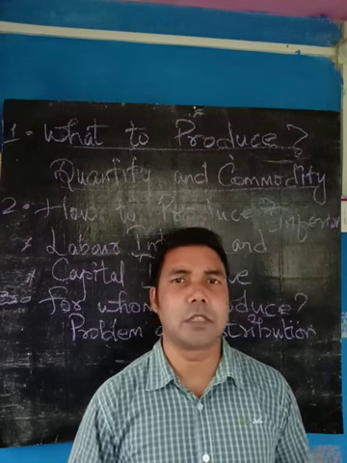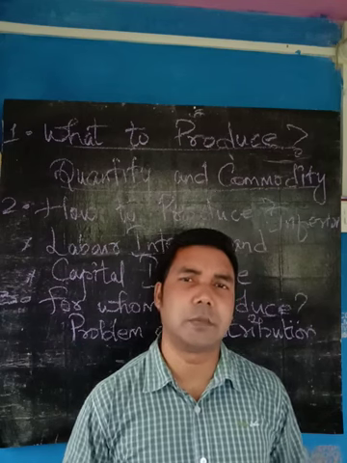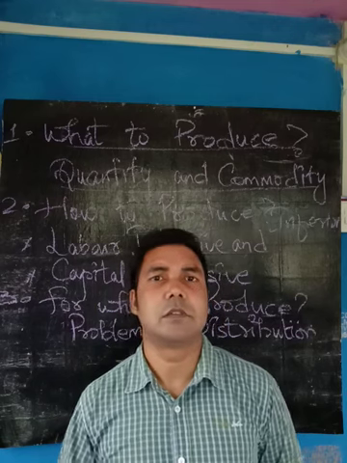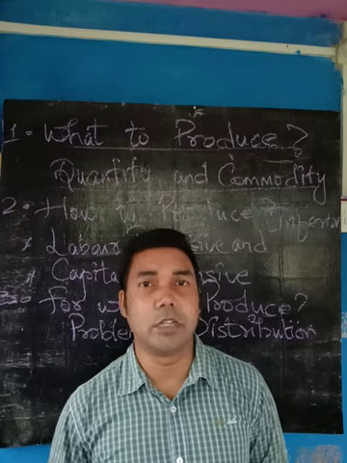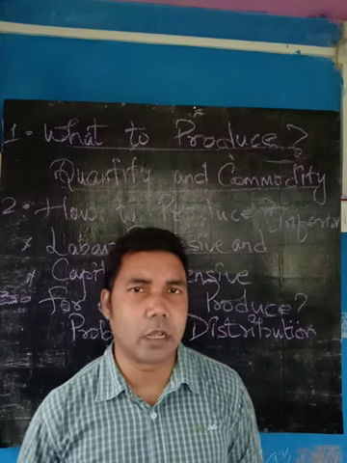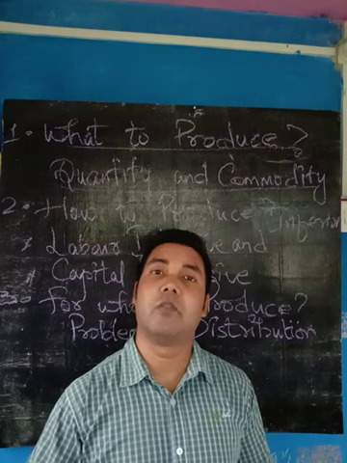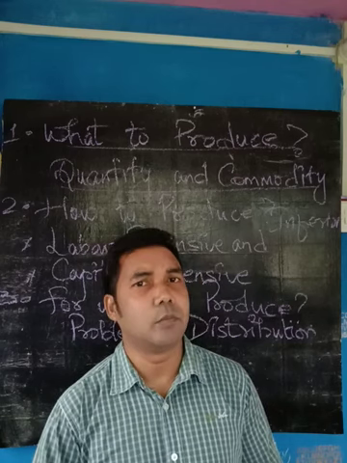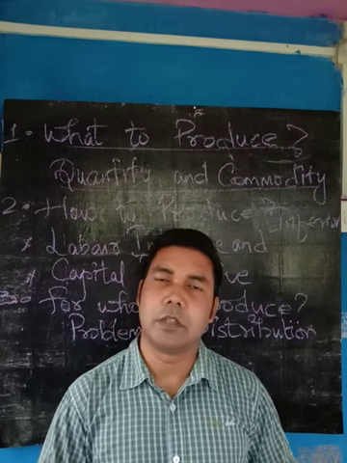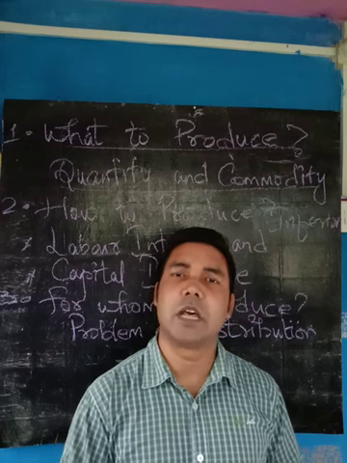Just take the example of rice in the market. There are different brands of rice in the market. Some brands of rice are consumed by the richer people. Some brands are consumed by the middle class. As well as some brands of rice are of very low grade, and they are consumed by the poor class. So this way it is divided. There are many other items also which reflect the class of people.